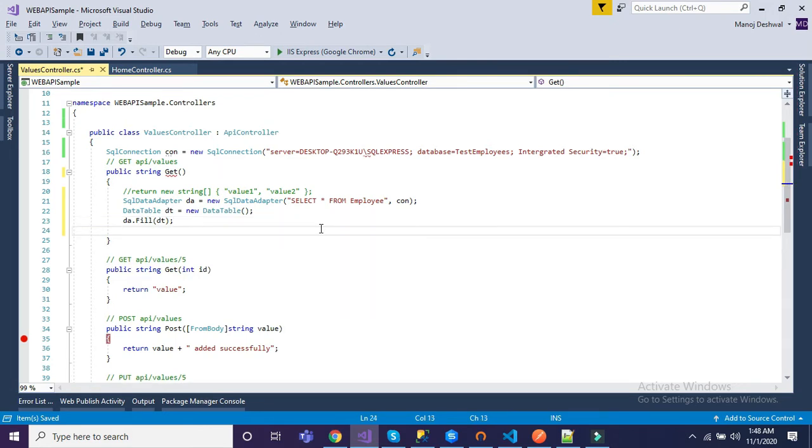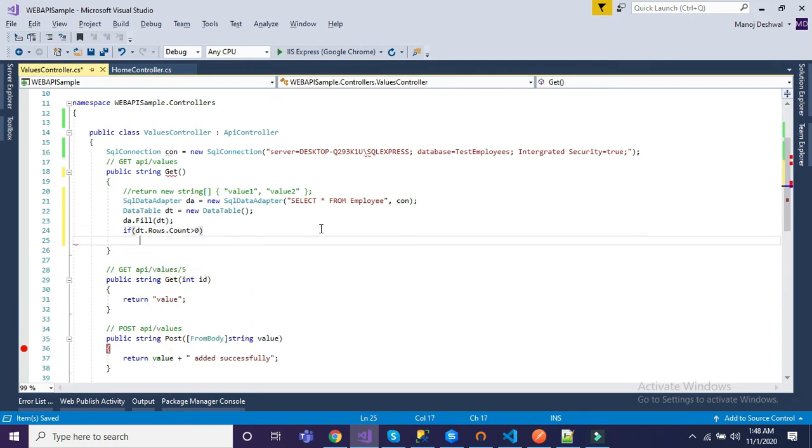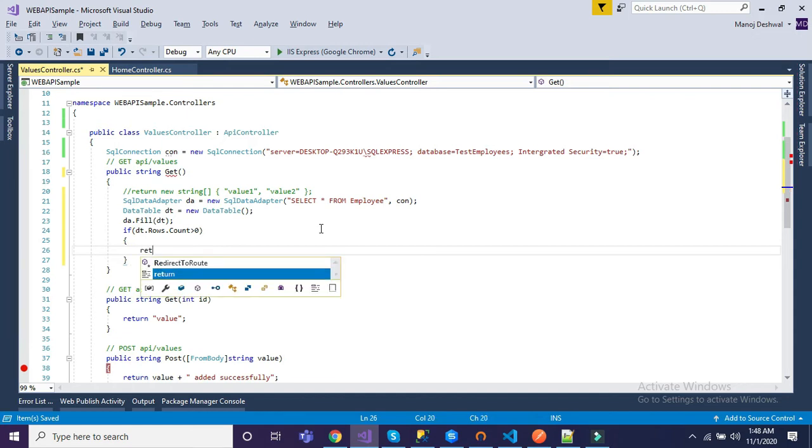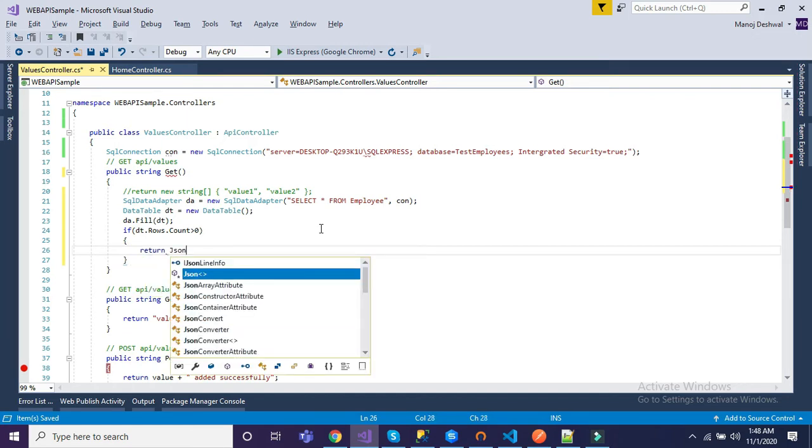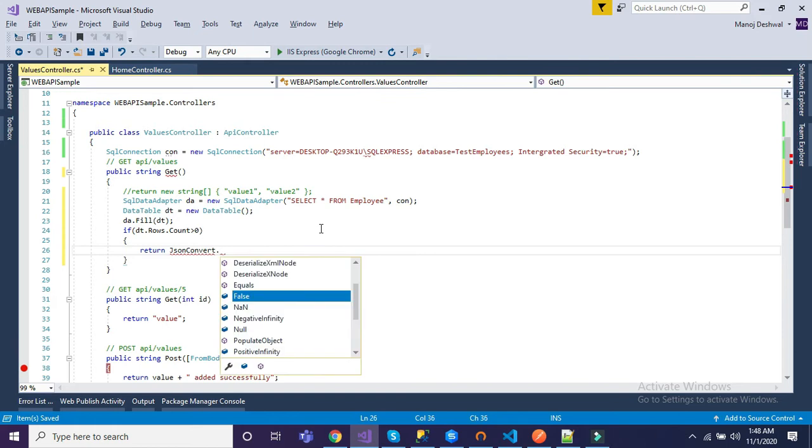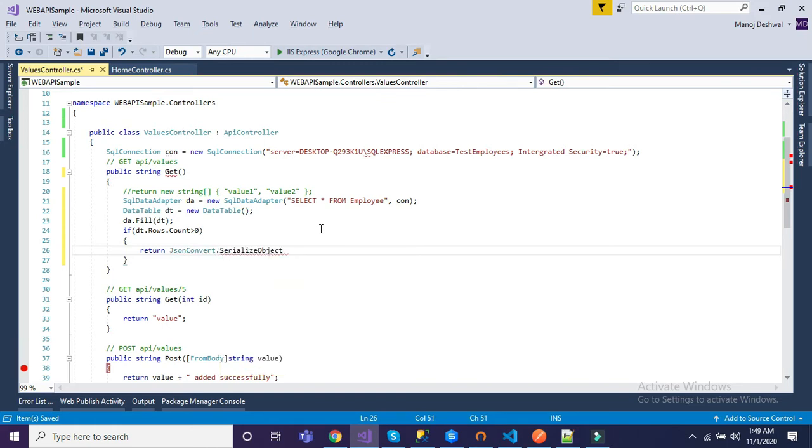Now we will just check if dt.Rows.Count is greater than 0, then it will return JsonConvert.SerializeObject(dt).